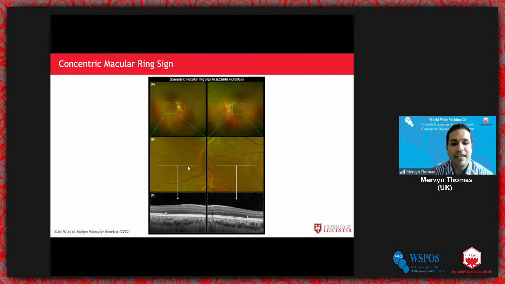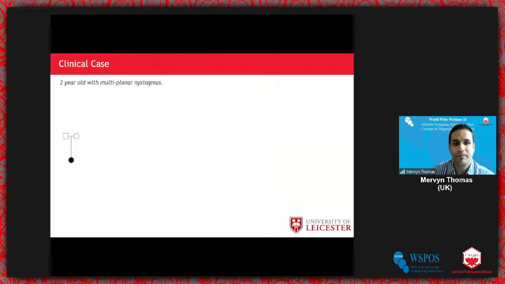And when you look at the OCT, this corresponds to this interdigitation, where there are these hyper-reflective and hypo-reflective bands in the outer plexiform layer. So you can quickly get an Optos as well to see whether or not this is there to determine foveal hyperplasia. There are some studies looking at this in terms of vision as well, like how the size of this concentric macular ring correlates to the visual acuity.